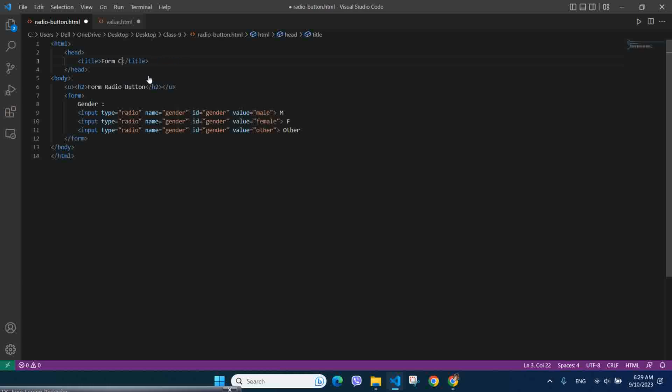Form checkbox. It's a box where you can tick mark. So here, suppose you are going to